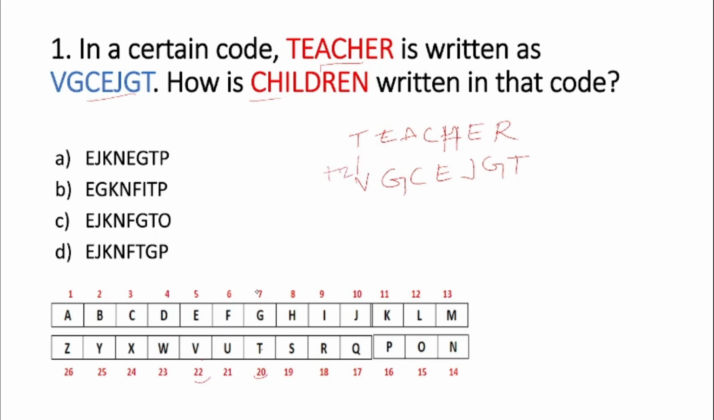The same applies to E: G is two after E. The same applies to A and C. It is two positions after A. E is also two positions after C. J is also two positions after H. E is also two positions after G. And T is two positions after R. So the logic is that each alphabet in the given word changes to the one two positions after it. So if you take children,